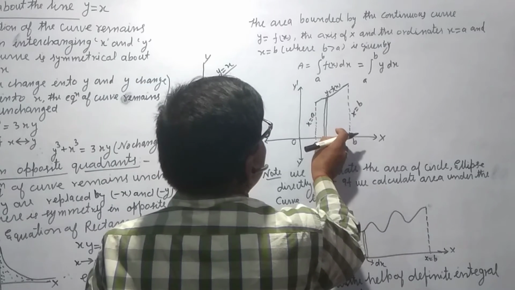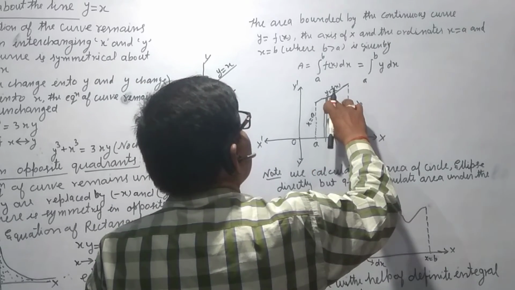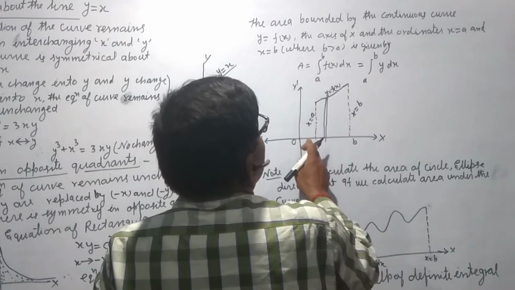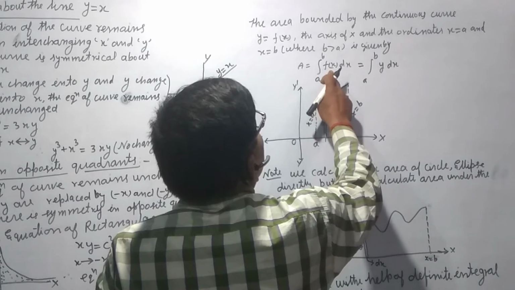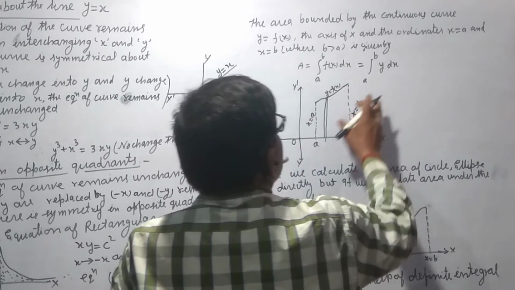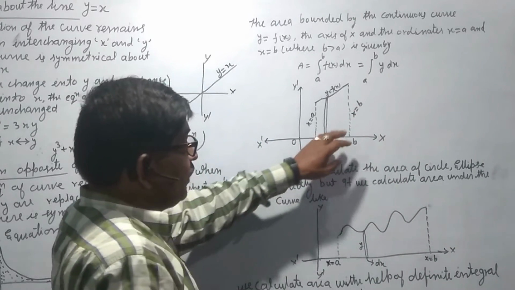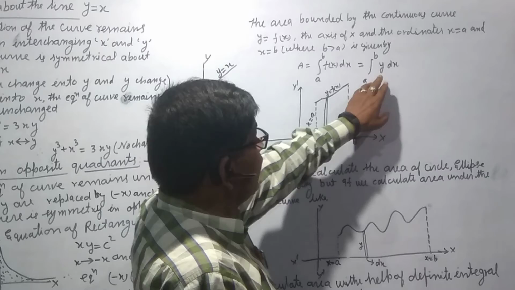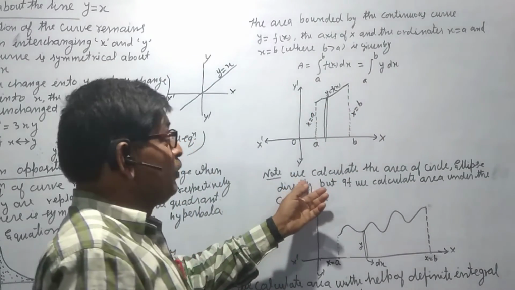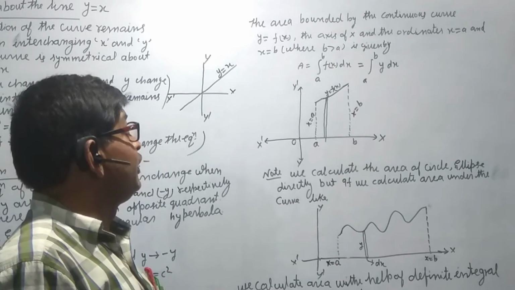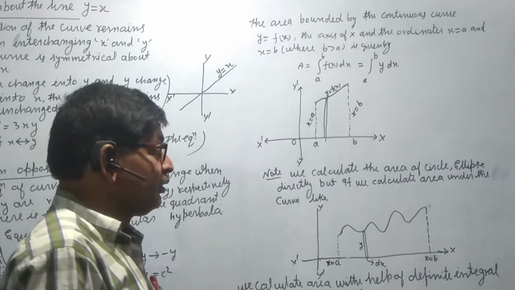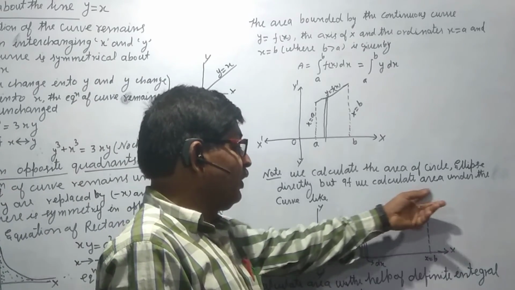Now this strip is dx and this is y, so the area of this strip is the integral from a to b of f(x) dx, and f(x) is equal to y, so the integral from a to b of y dx. We can easily calculate the total area if we integrate these functions. Now we know that we can calculate the area of a circle and an ellipse directly, but